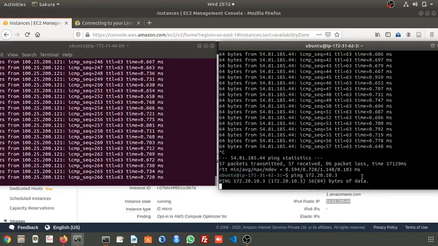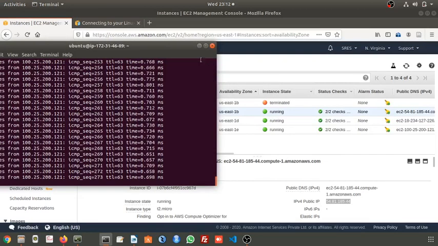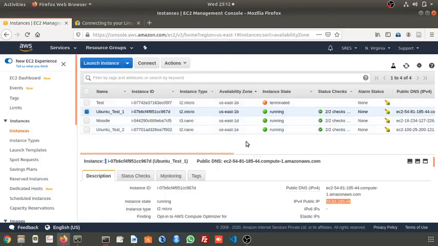This is how Ubuntu can be installed on the Amazon virtual machine, and how we can check whether two or three, whatever the number of servers, are communicating with each other. So in the next session, we will see a few more details of this EC2, and we will see how an IP address can be assigned to each machine later.